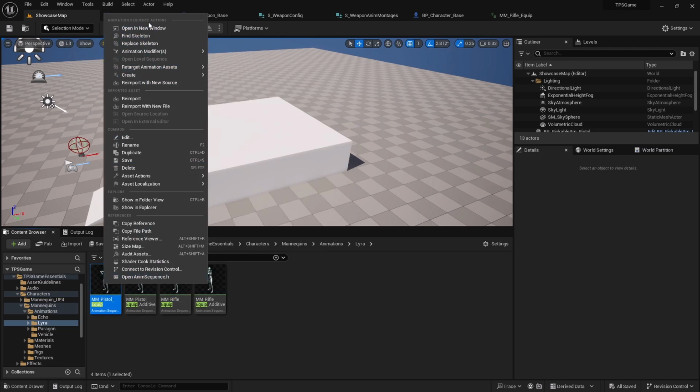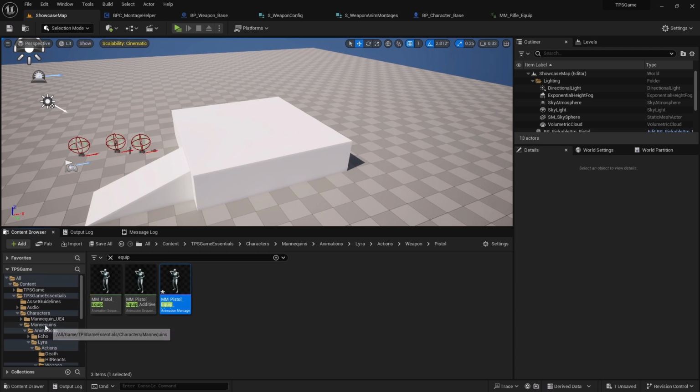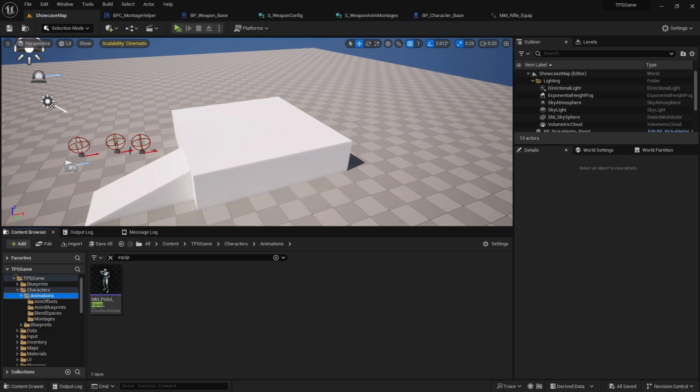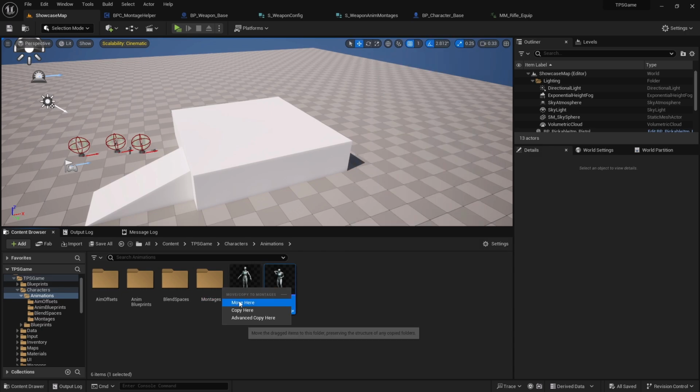So first I'll create an anim montage based on this pistol equip. So let's create animation montage, and then I'll move it to the TPS game, characters, animation folder. Yeah, we have this montage folder, so let's move it there,